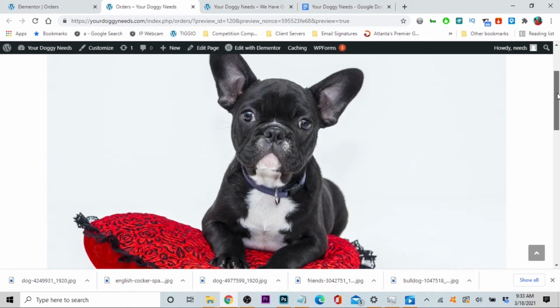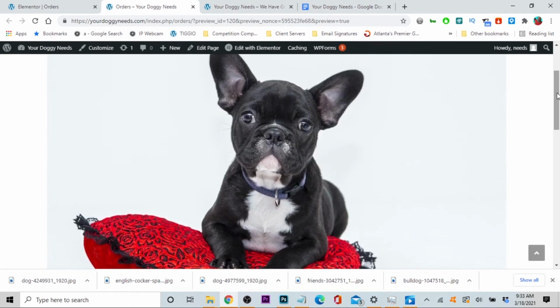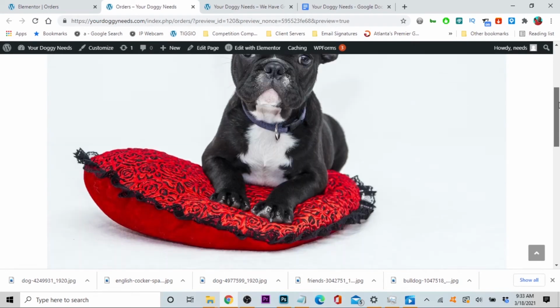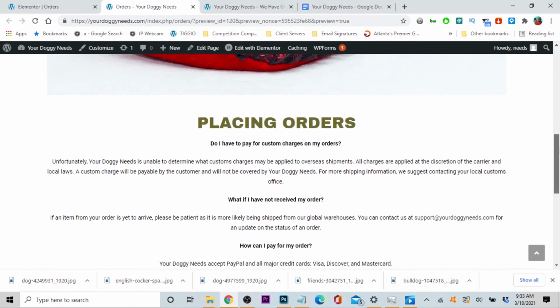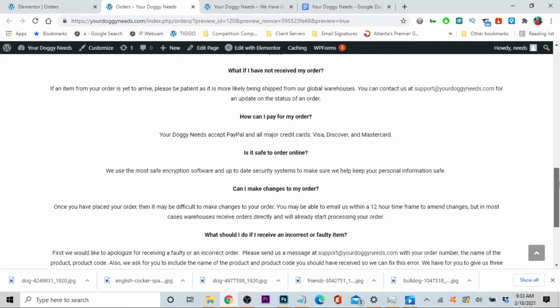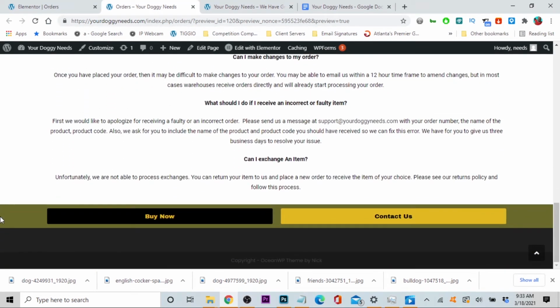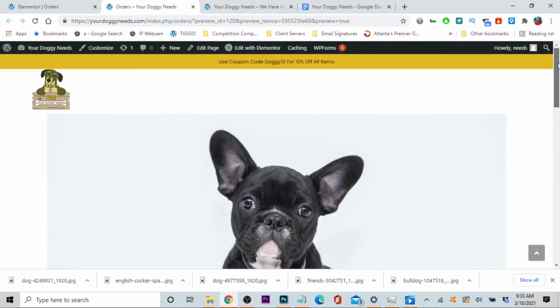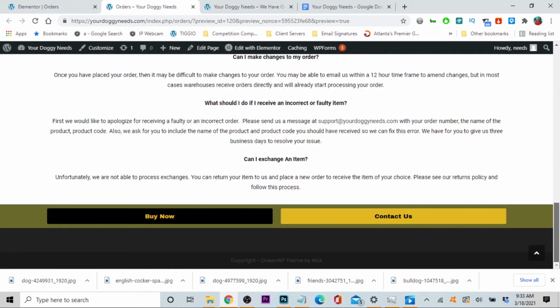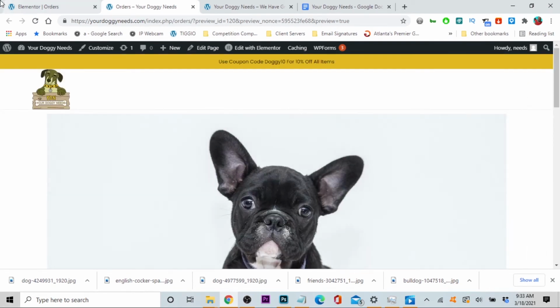delivery page. Okay, look at this. That dog that looks like a Frenchie, looks great. Come down, and of course I'm gonna proofread everything like I said, and look at the bottom. So on every page it has a consistency of the same. Buy now, contact us. So the buy now, I'm gonna send them to the shop page every time. All right, now